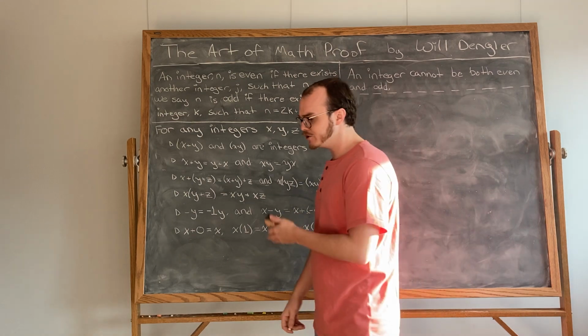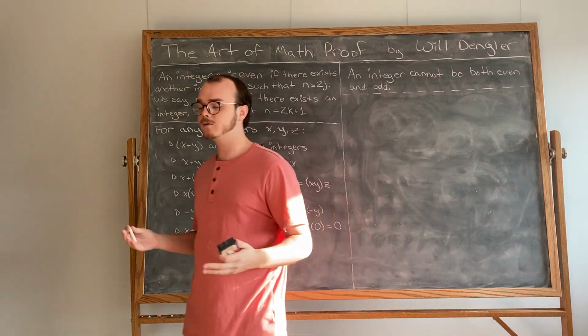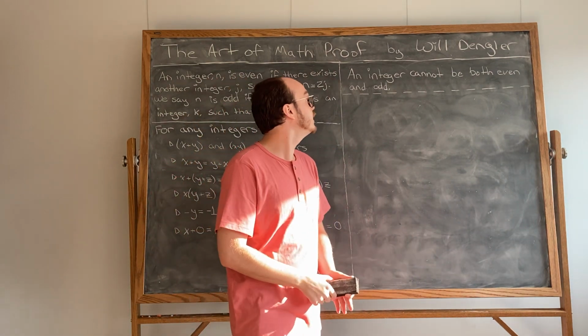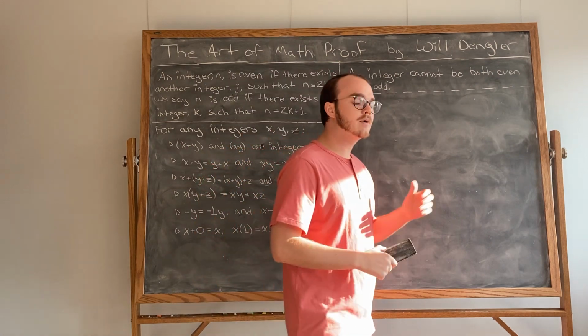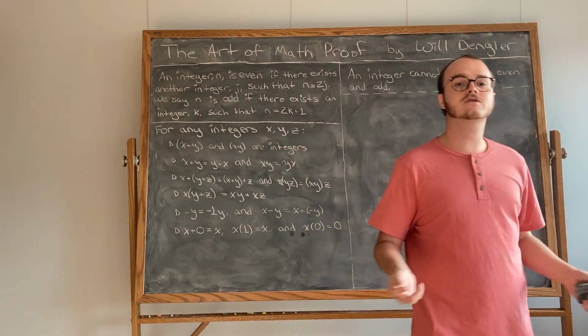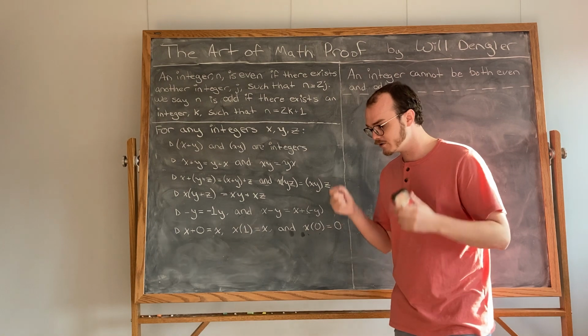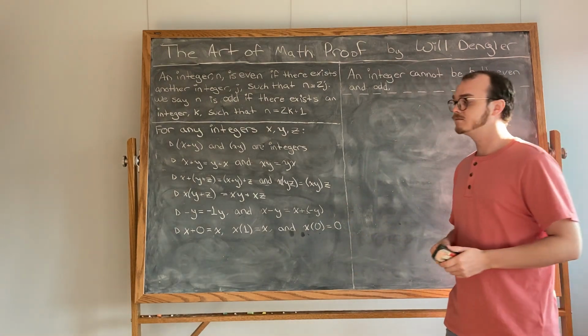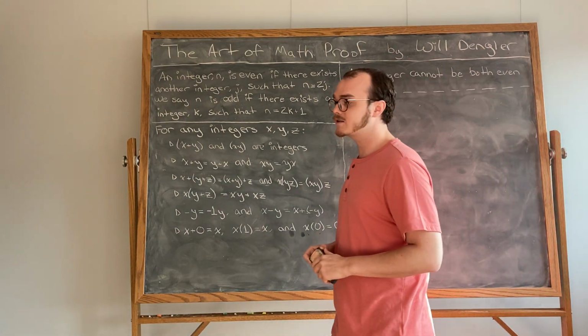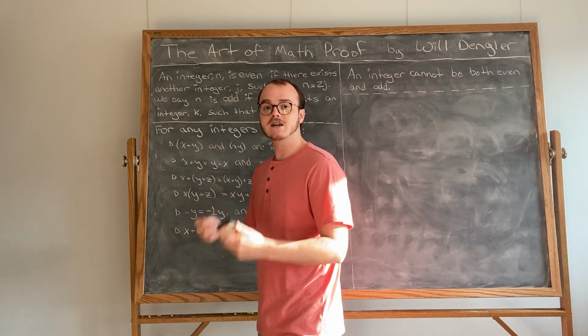What? I have an integer that is even and odd? Well, we're trying to explicitly prove that an integer cannot be both even and odd, so how on earth can you assume that you have an integer that is both even and odd? Well, I didn't say my assumption was correct. In fact, my entire argument,